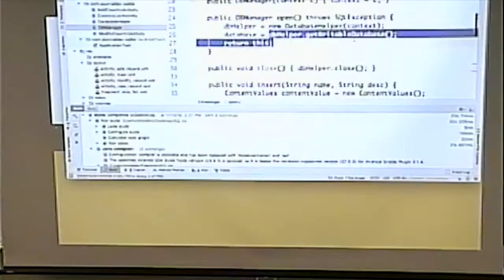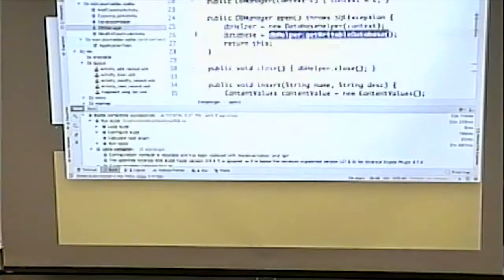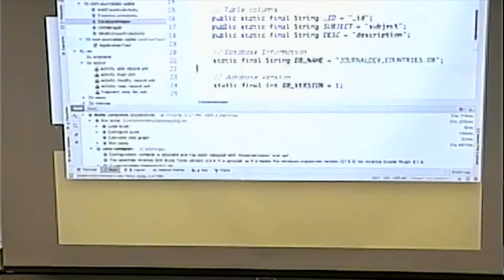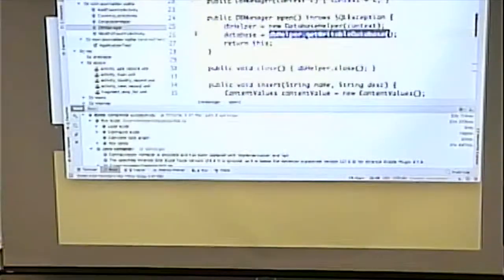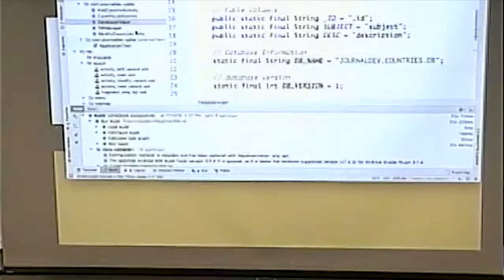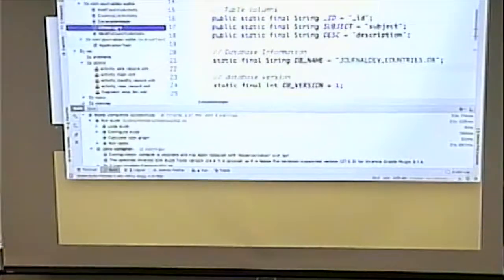We don't have the get writable database in our database helper. Well, that exists somewhere in the ancestors of that SQLite helper, and there's no need for us to overwrite it. Now, we can speculate what that does, what get writable database does. We can speculate what this method does. All right? This method probably, either that method